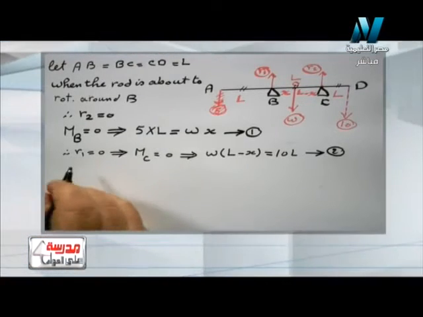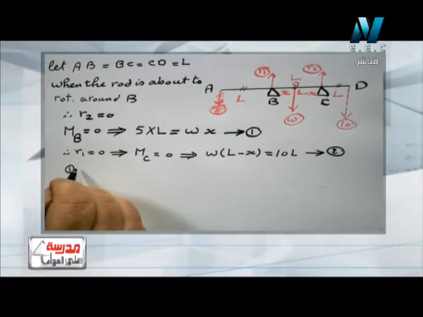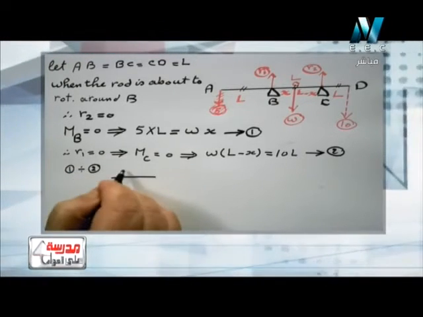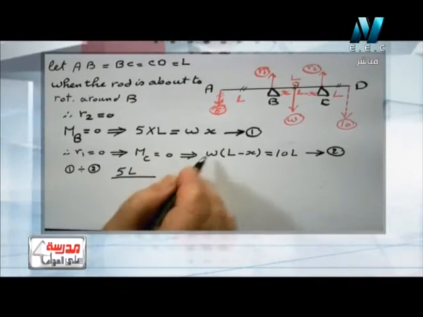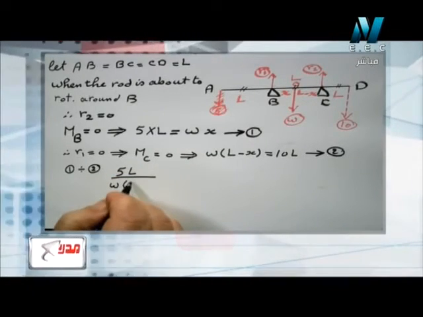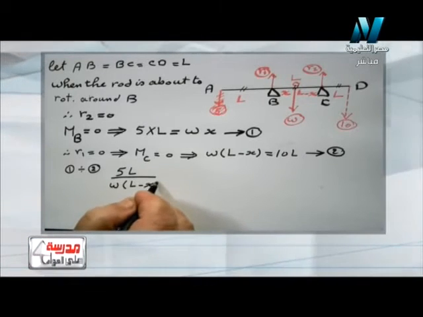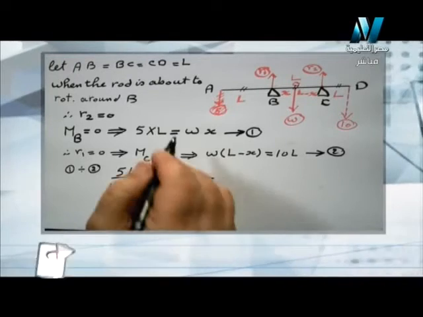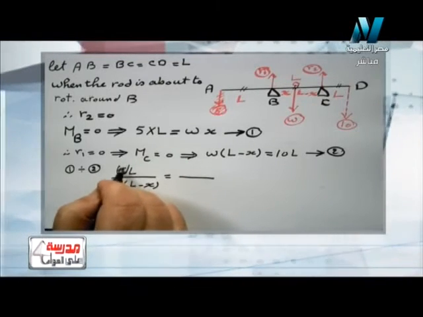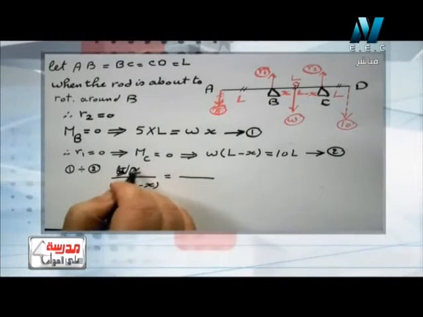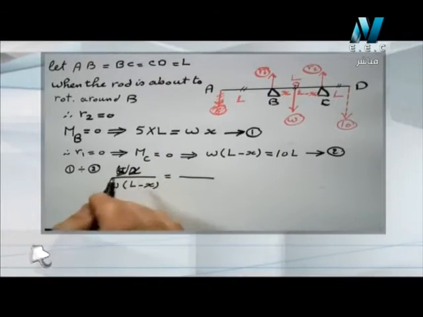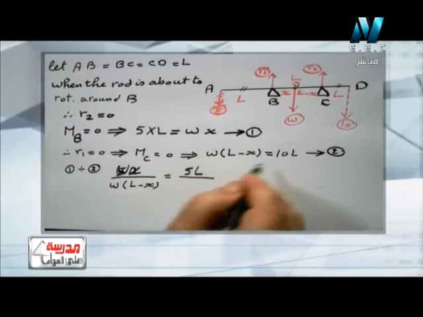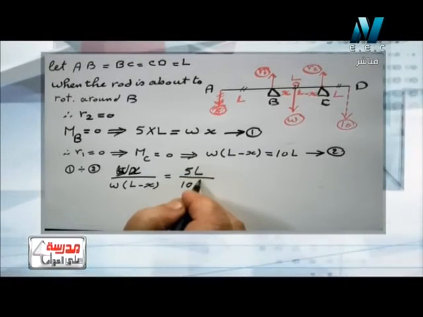Now we will solve equations 1 and 2 together. As usual, we do 1 divided by 2. So 5L over W times (L minus X) equals, I am sorry, WX